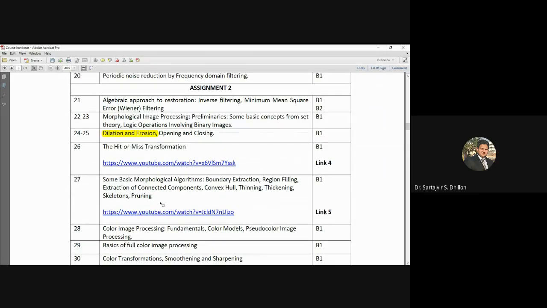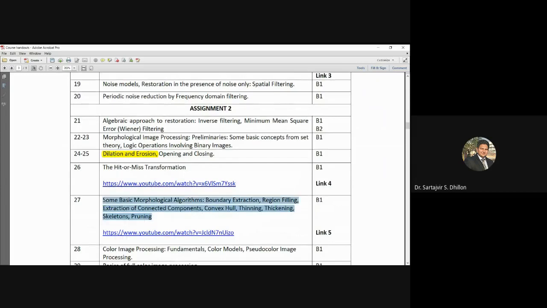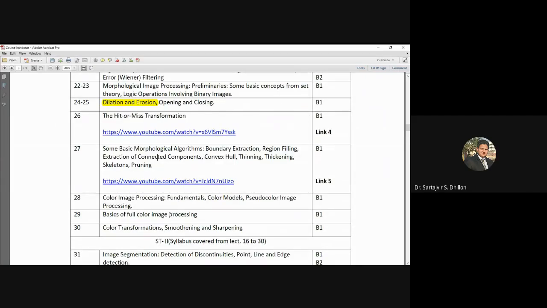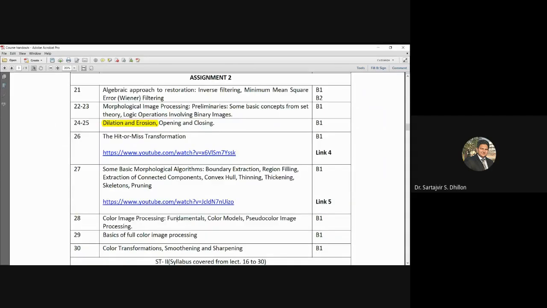Till the end of this week, we will try to cover up to this point, but if it is not covered, then we will cover it after FT2. Yes, we are already on our time. And please, if you have any question regarding morphology, what erosion is and what dilation is, if you have any problem in these two topics, then feel free to ask, or you can also write it in the chat box.